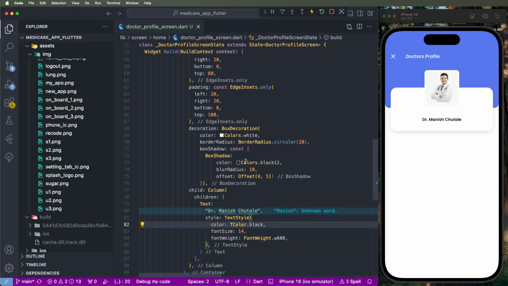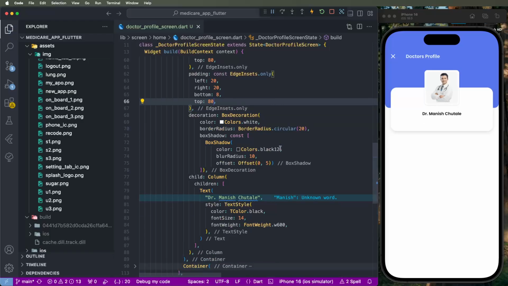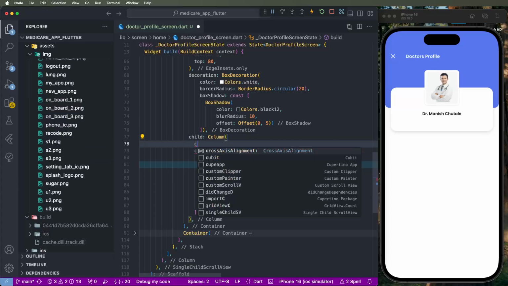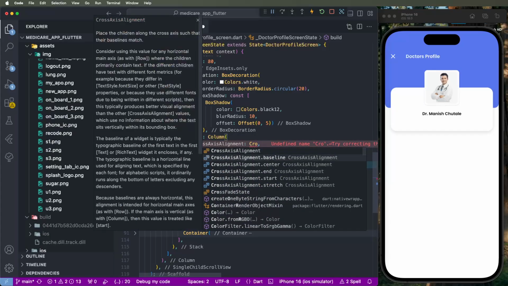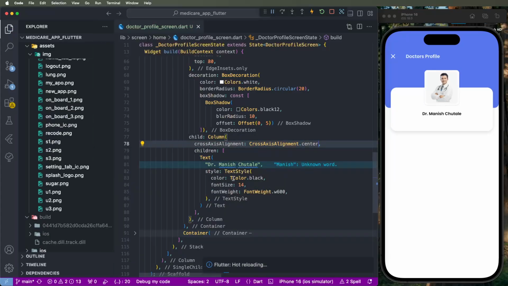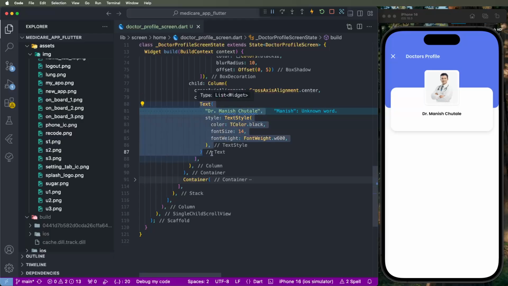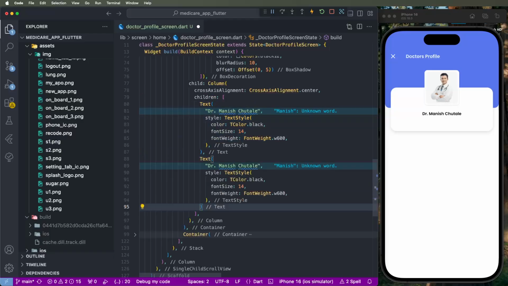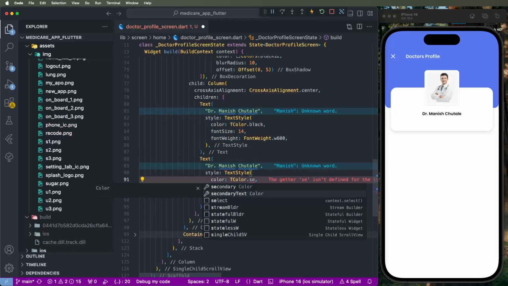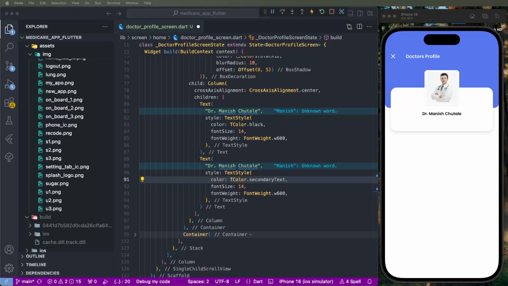And show like here, now need to decrease the top, set the 18 similar to the design, and we need to put this UI here. Again, give this the cross axis alignment, set the center, and copy these lines, paste them here, set the secondary text, and set the doctor's information,